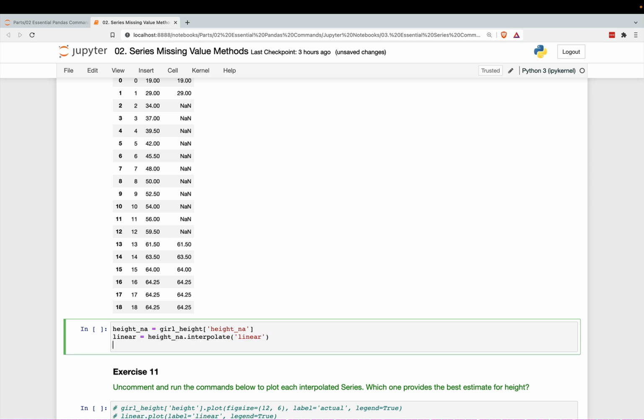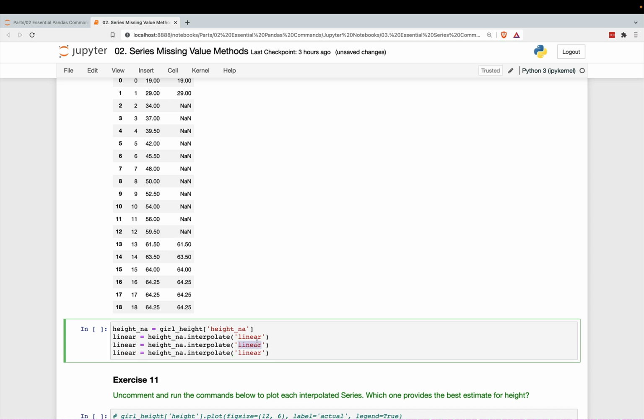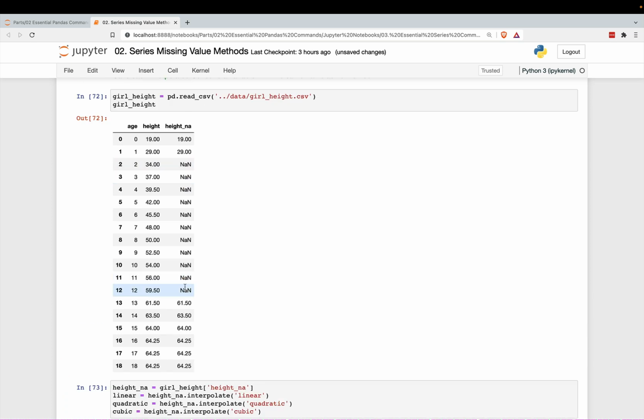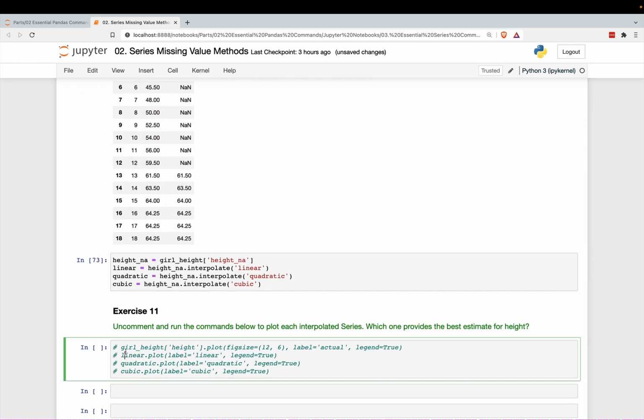So let's go ahead and copy this twice. So we're going to do quadratic is quadratic, and then cubic over here, and cubic, that's one of the other options. Okay, that's all we're doing here. We're just filling this in with values based on interpolation of either linear, quadratic, or cubic,